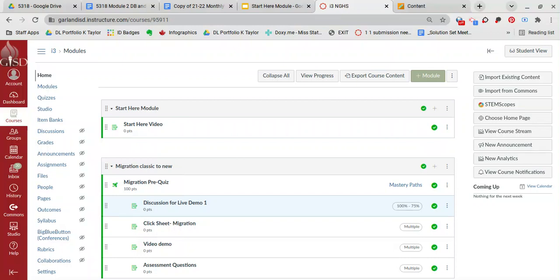I use Canvas as my learning management system. I'm very familiar with it, and this is the learning management system that our district uses in Garland. So the teachers, the audience, will be familiar with this too. I plan on using Mastery Paths, a feature of Canvas that allows me to personalize the learning experience for each